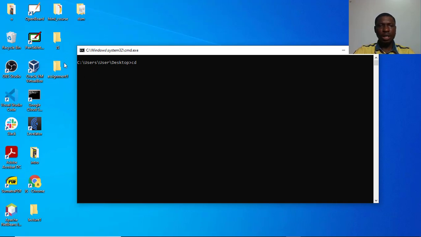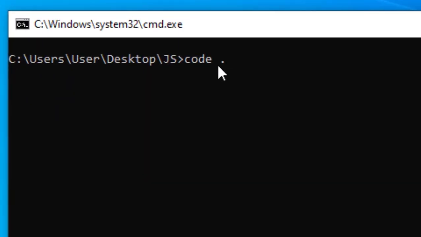Okay, so assignment is created outside. That is a mistake. I needed to create this inside JS as well. Also, lecture 1 is created outside. I'll just drag that into JS. Now I need to change directory into my JS, okay, and I'll just clear this. Now I'm going to open JS folder in my code editor like so, and then it opens up.